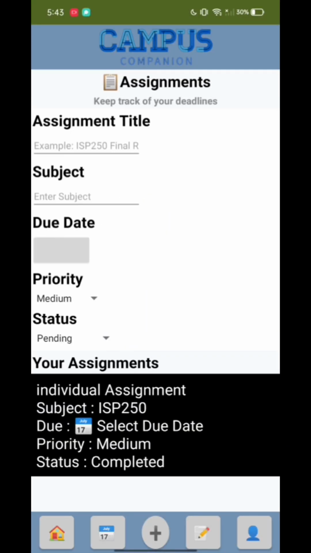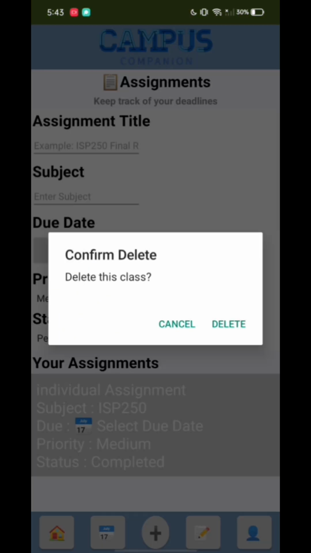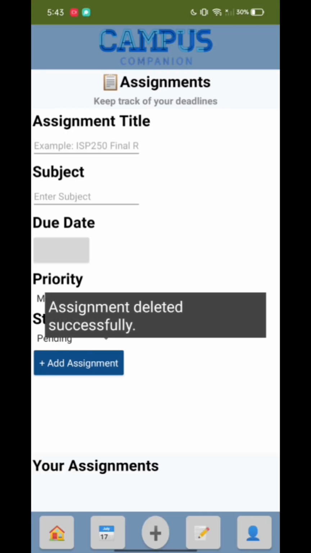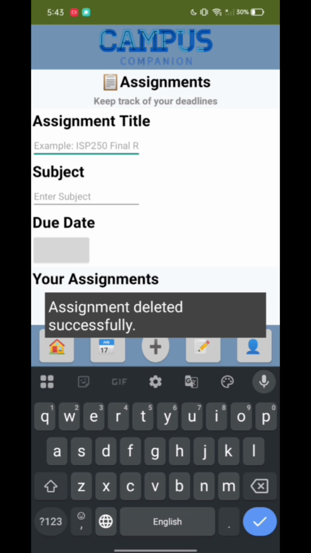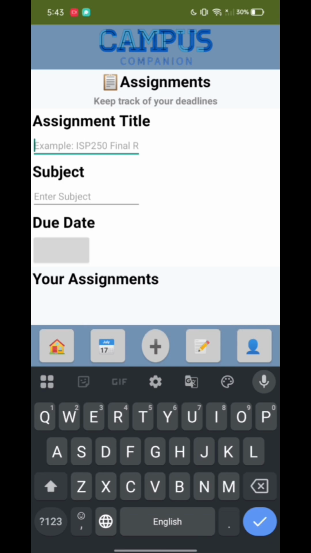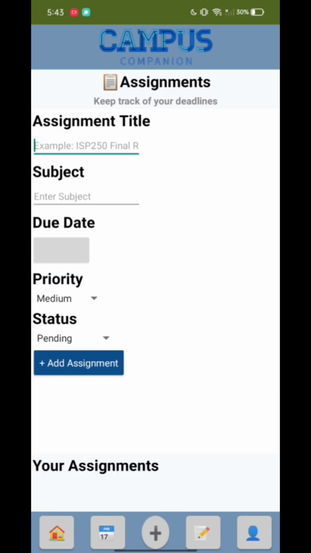So moving on to the assignments. So this is the assignment page. It's almost the same as the timetable page. So I'm going to delete this one first. Okay, so here is the assignment title. You can use it to